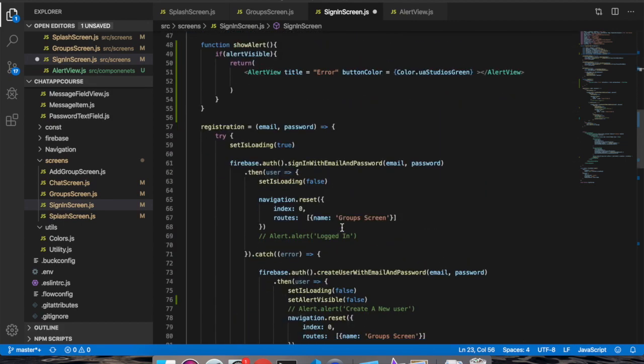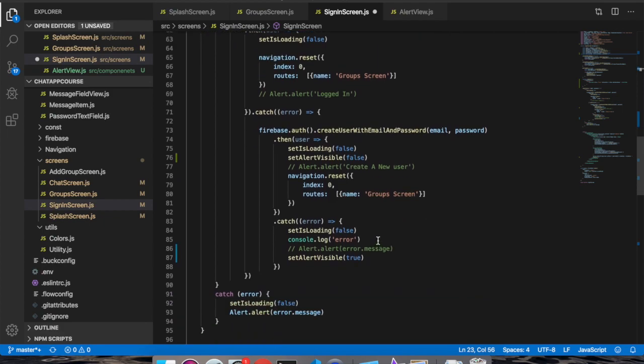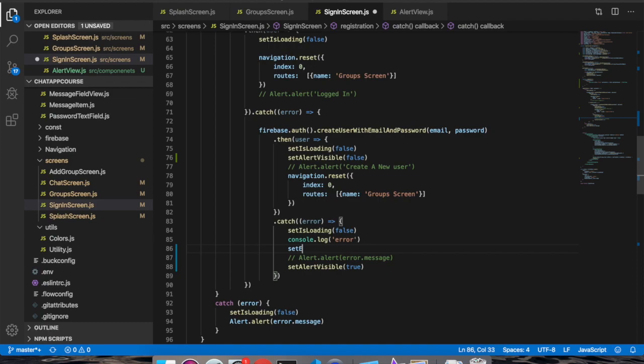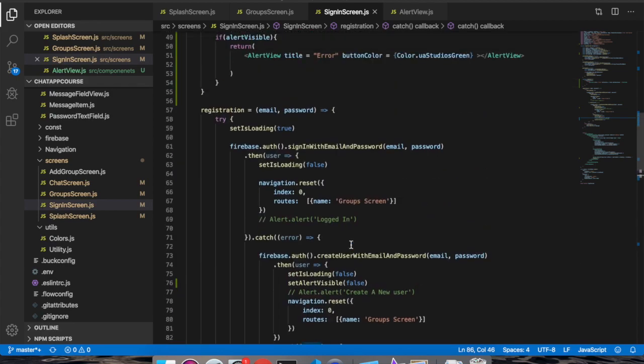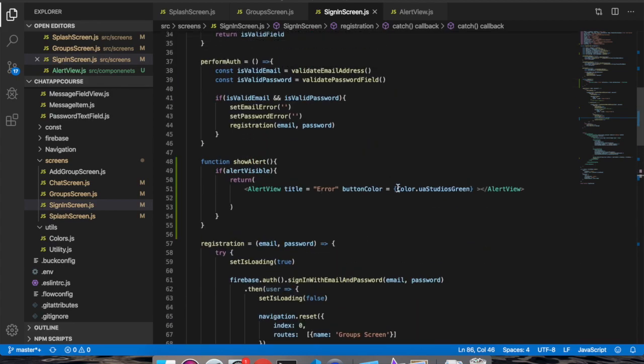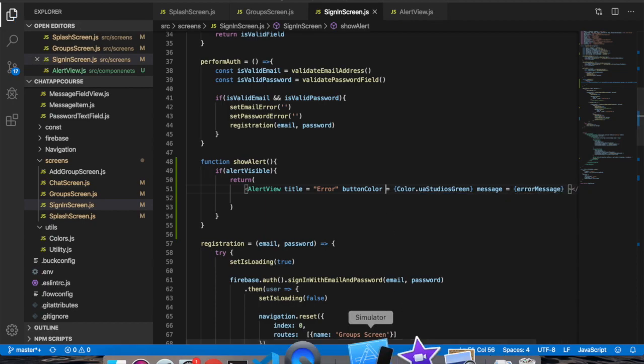So when we get the error, set error message to error dot message. Okay, and then where is our show alert function? Here we will pass message, error message. Let's save this, and if I rerun,